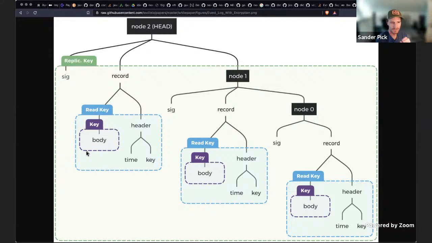So it's done in kind of a crude way. We basically just symmetrically encrypt each, so the body gets encrypted symmetrically. That key there is just a basic symmetric encryption key, and the same with the read key and the replicator key. But that's something we'd love to improve on, is figuring out the right way,